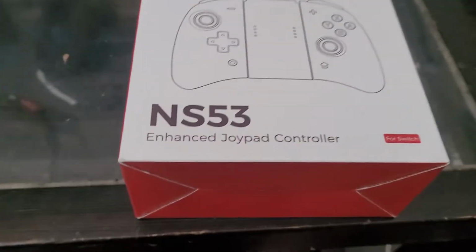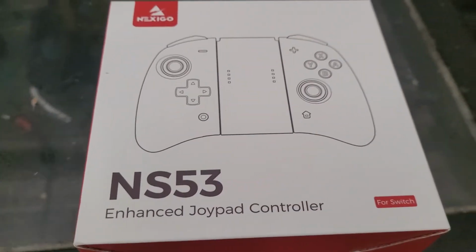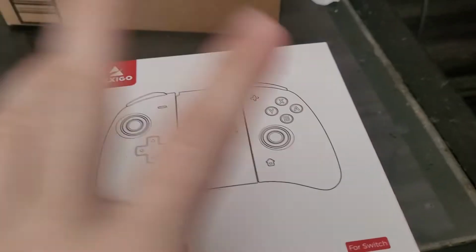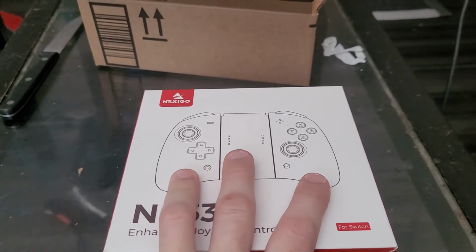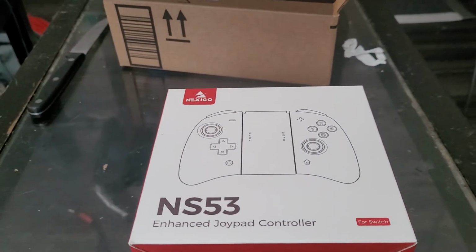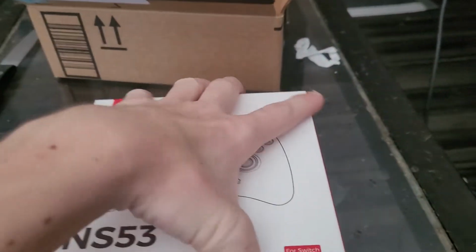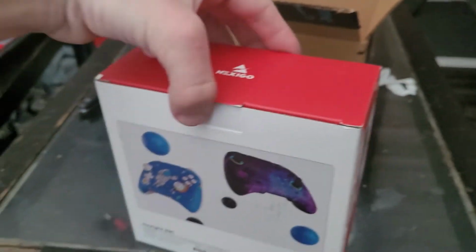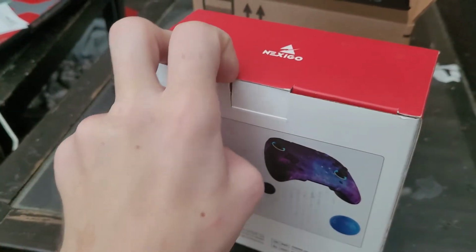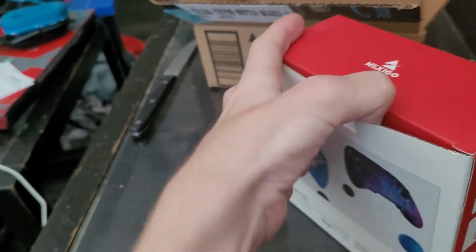Anyway, so let's just go ahead and grab that, get that out of here. And yes, this is the NexiGo NS53, NexiGo, that's the brand up there. Enhanced Joypad controller. These are obviously kind of enhanced Joy-Cons. They have better grip, and they actually have my favorite feature, the back buttons. If any of you remember my PS4 back paddle buttons unboxings, you might be wondering why I got these, and because, well, obviously I needed new Joy-Cons because Joy-Con drift is very much a thing, and